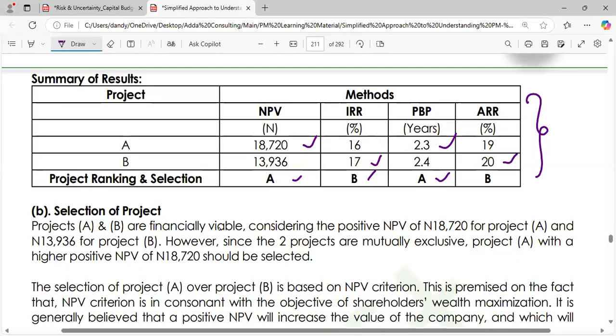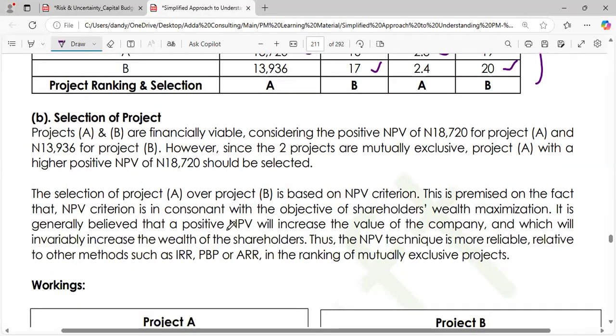Okay. So this is what you need to do as far as decision rule is concerned. The examiner is not asking that in the question. The examiner is asking you to advise which of the two projects to be selected and the reason why. At all times, whenever you want to make a decision between NPV and any other technique, your decision should be based on the net present value. Why? Because NPV is a technique that is consistent with the shareholders' wealth maximization objective. It is believed that a positive NPV will increase the value of the company and which will invariably maximize the